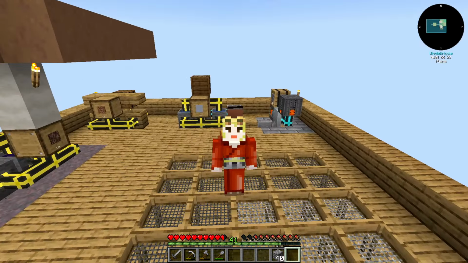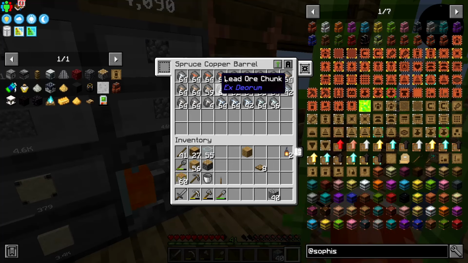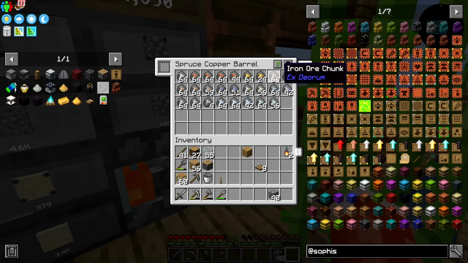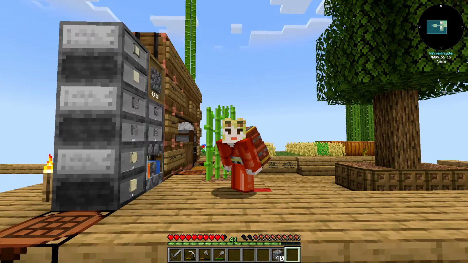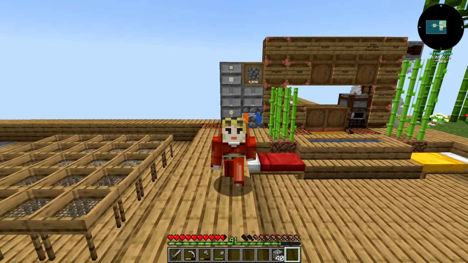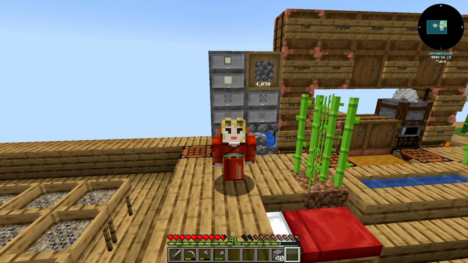But before we sift, I have a problem in my storage. We have this lovely barrel full of ore chunks, which is nice. It means we have a lot of bling. However, handcrafting these into their respective ores is kind of a pain. And here's where Sophisticated Storage is going to help us out. I'm actually just going to add an upgrade to that barrel, and that barrel will automatically craft those ore chunks